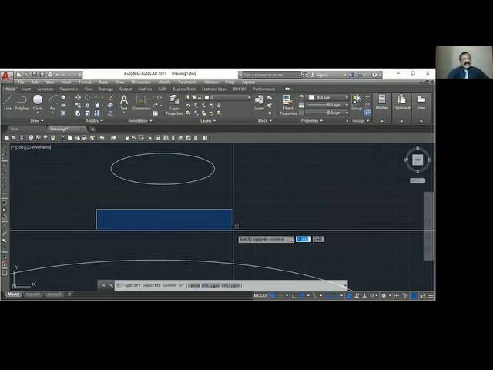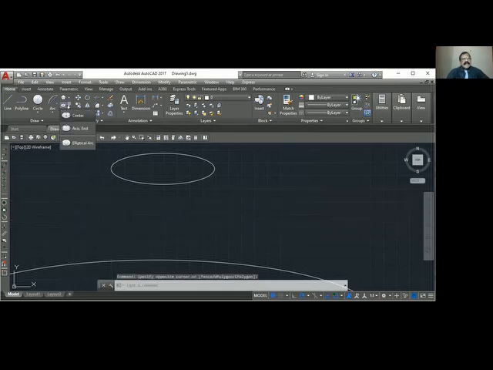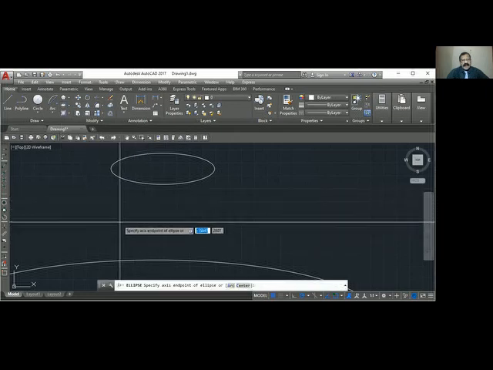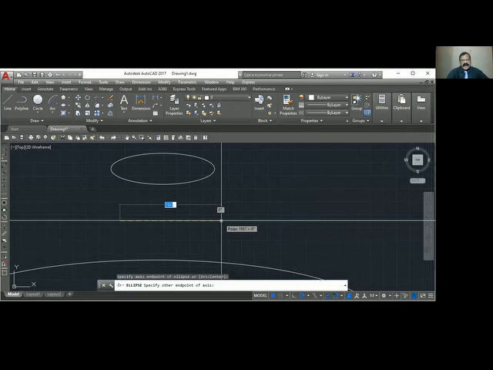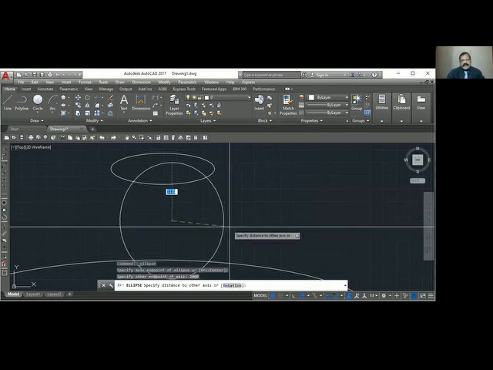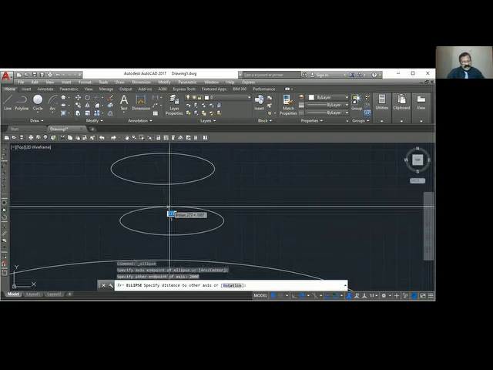Now we'll go to the second ellipse, using axis and point. That means you are going to show this point and the other axis distance. Earlier we showed the center point, now we are going to show the edge. Axis and point. So the first point, then the second point, I want about 2 meters, and then the other axis distance.